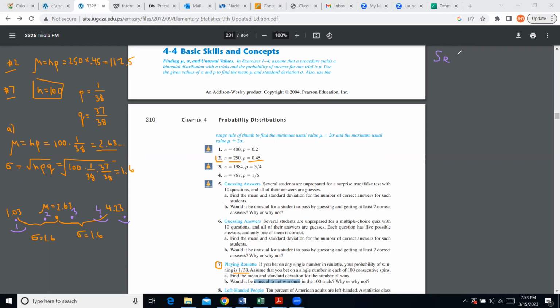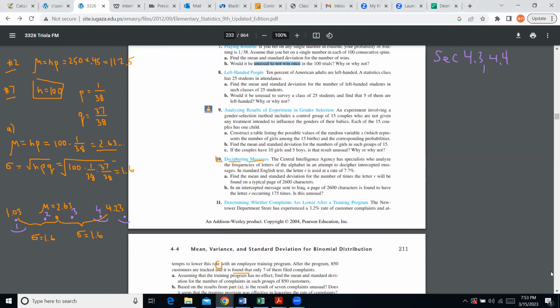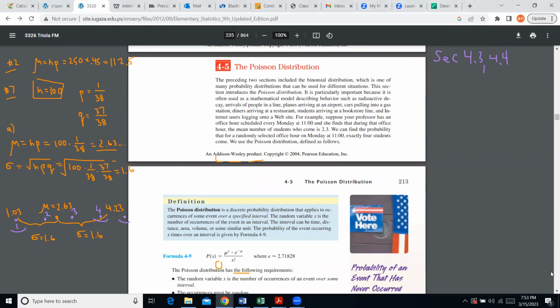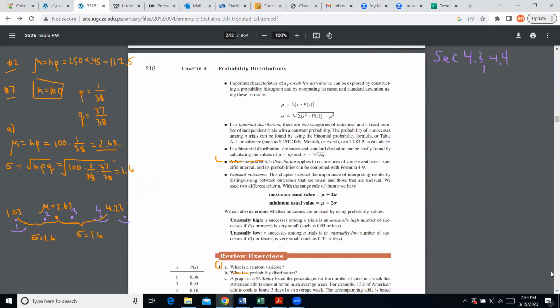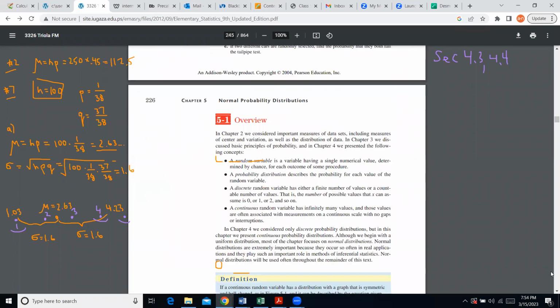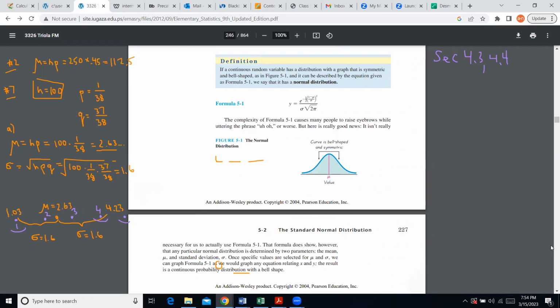So anyways, in chapter 4, we're looking at 2 sections only, 4.3 and 4.4. So we're just done with 4.4. And then we should move on to the next chapter, chapter 5. There is a section 4.5, the Poisson distribution, that we don't consider in this class. So we just need to start to talk about